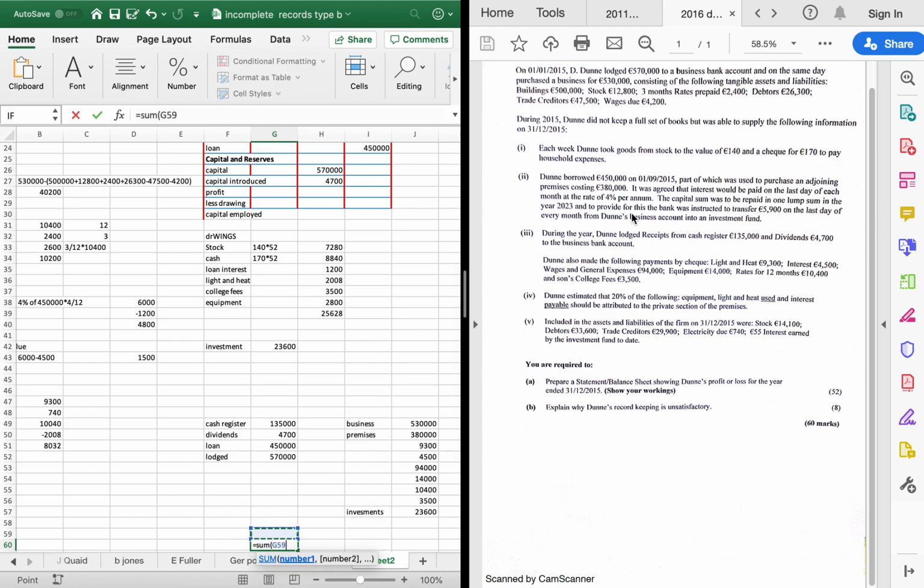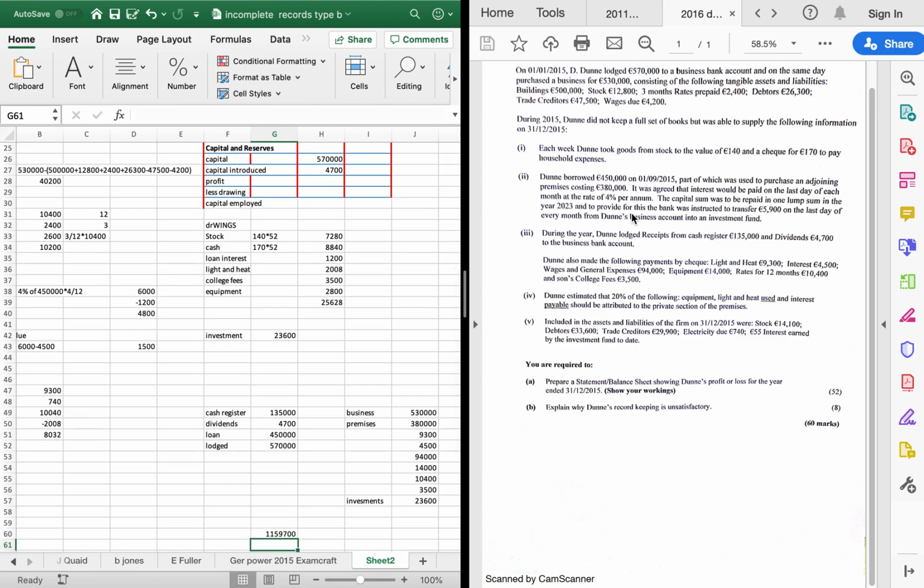Now, this is a little bit rushed. I haven't done one with this sort of a question before, but because it didn't give you the bank, you have to do this. So that adds up to 115. This adds up to 1069. So then the difference